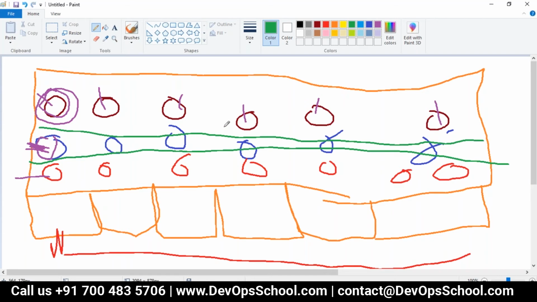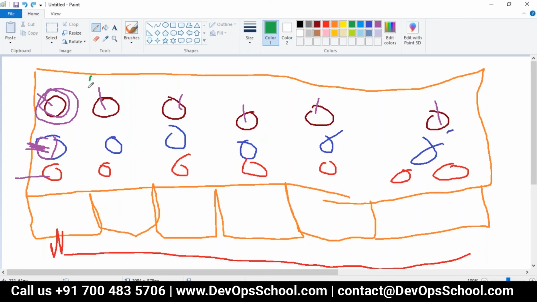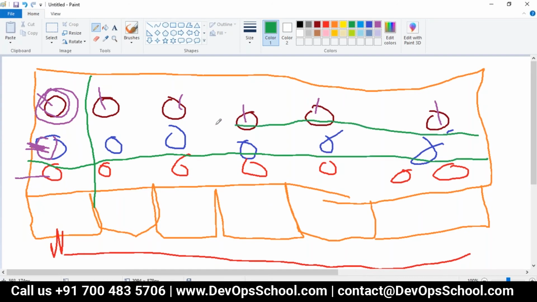Let me tell you, a namespace cannot be created vertically, which means you cannot create a namespace consisting of one node. It is always horizontal sharing. This is the namespace, created P1, then P2, and this is P3.